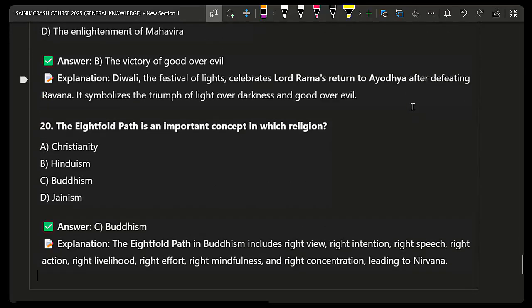The Eightfold Path in Buddhism includes right view, right intention, right speech, right action, right livelihood, right effort, right mindfulness, and right concentration, leading to nirvana. So Buddhism is the correct